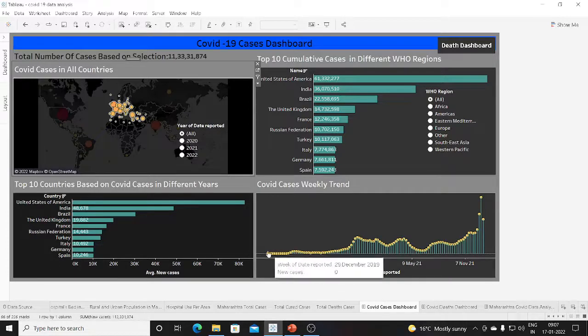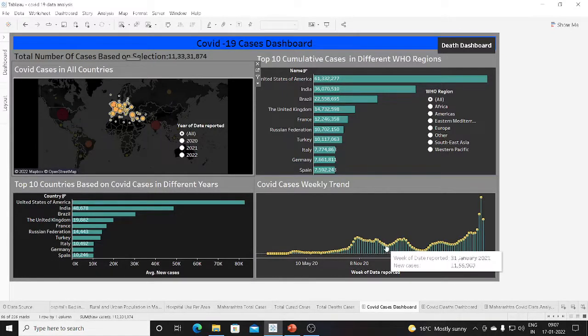So here, in the first 2 or 3 weeks there are very few cases, but after 18 October 2020, the cases started to increase, and sometimes a seasonal weekly trend was going on. In May or June there are very few cases, but after the start of August, around 22 August 2021, the cases started to increase, and they are still increasing. Here you can see up to 2022. In Nigeria, too, the cases started to increase.